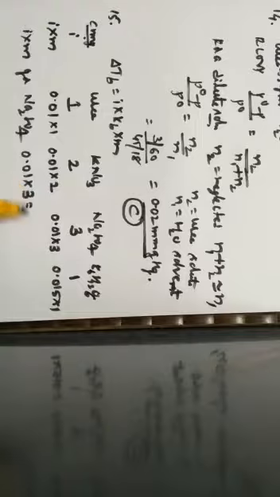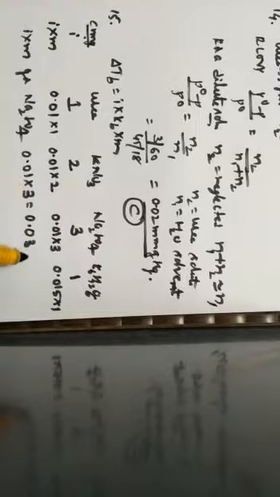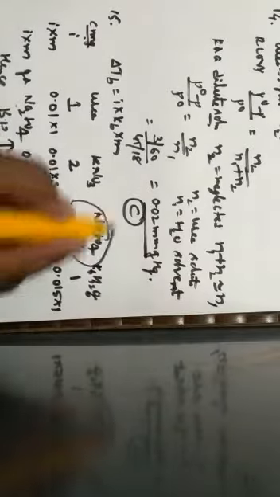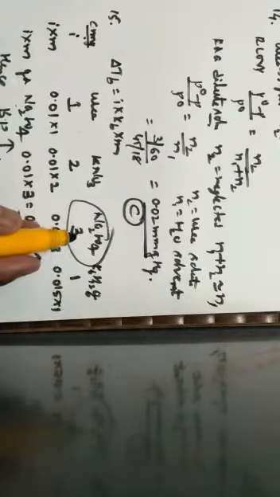Therefore, the i into m value for sodium sulfate, that is Na2SO4, will be highest, that is 0.01 into 3 is nothing but 0.03. Hence, the value of i into m for sodium sulfate is maximum. Hence, the boiling point is also maximum. Hence, the correct option for the question is 0.01 molar of Na2SO4, which is given with the option C.